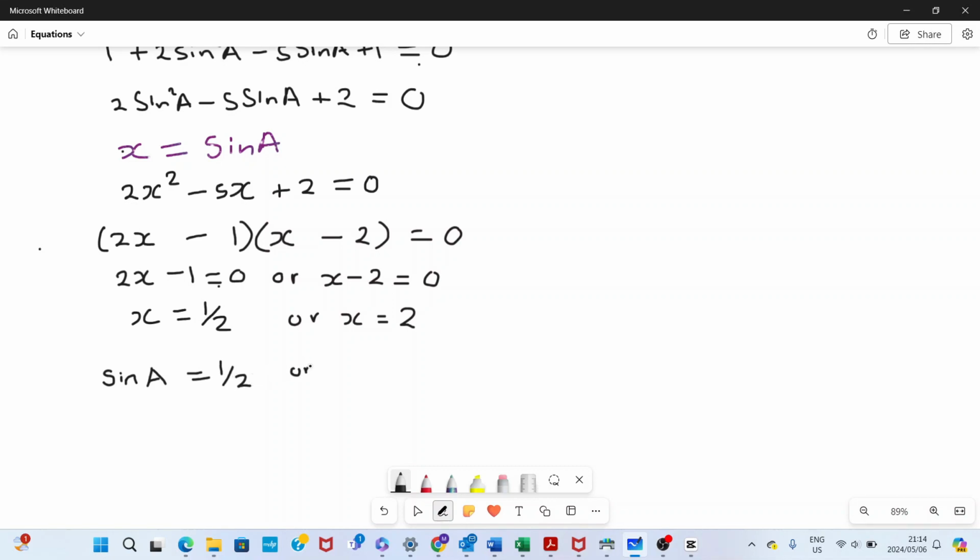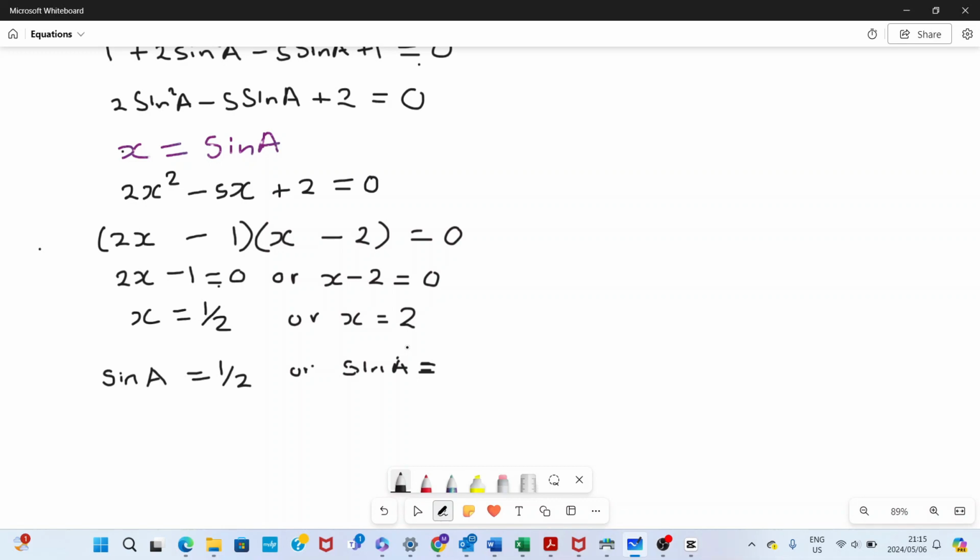Or our sine of A is equal to 2. But just before I even continue here, it's very important to realize that sine of A